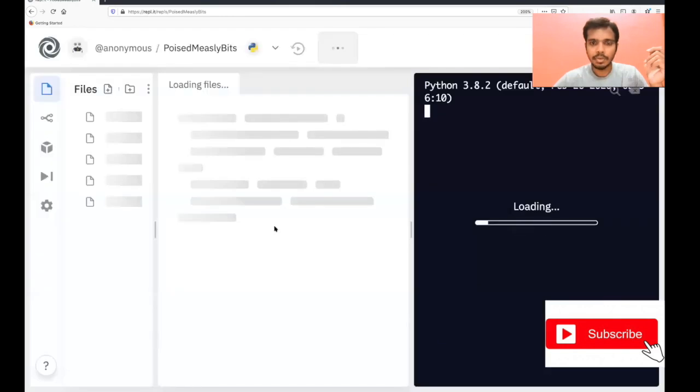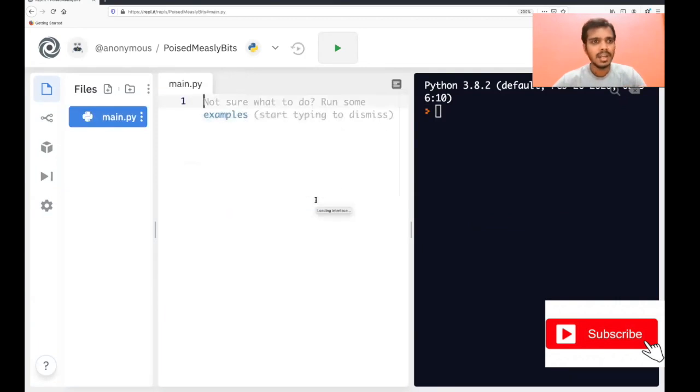Then it will take you to both. Here you will have a text editor, and another thing is that by default the files will not be saved. But you can sign up here, and in that case all the files will get saved. So I have the text editor here and the shell here, right? So let me just put my video up. Of course you have the shell here.